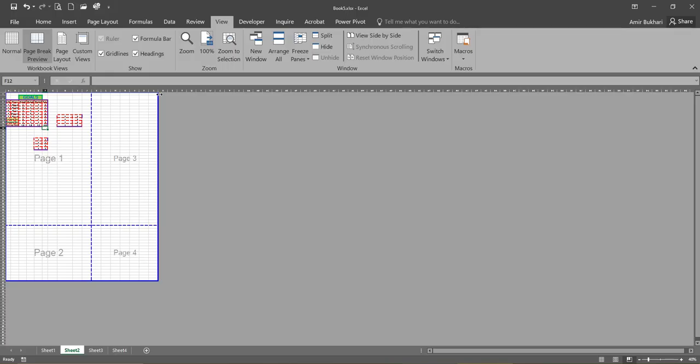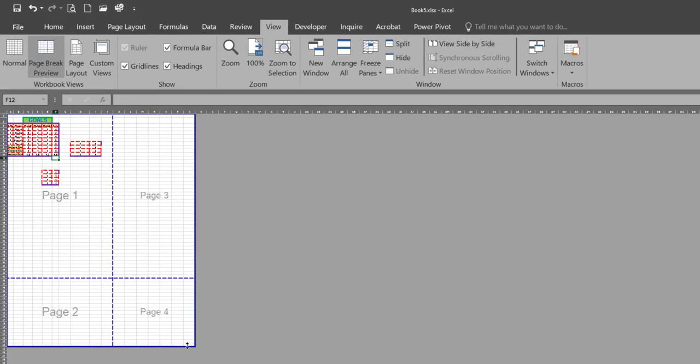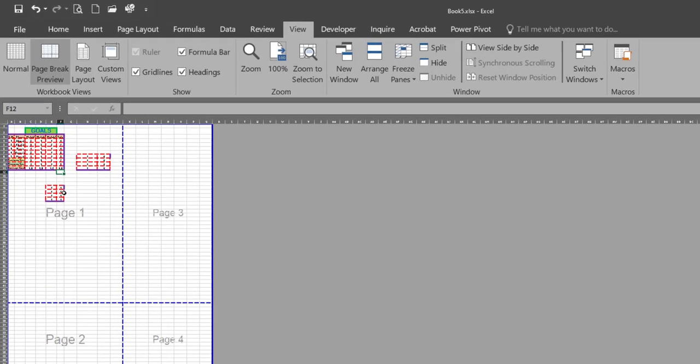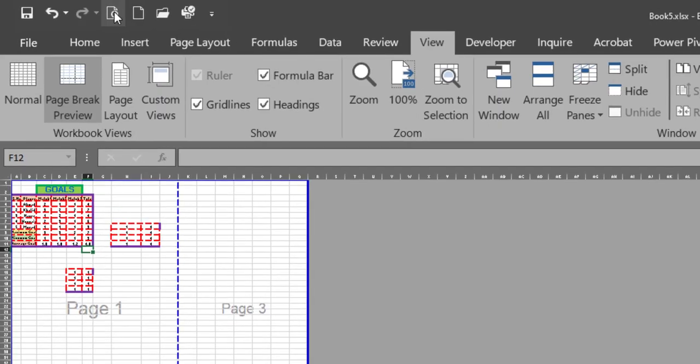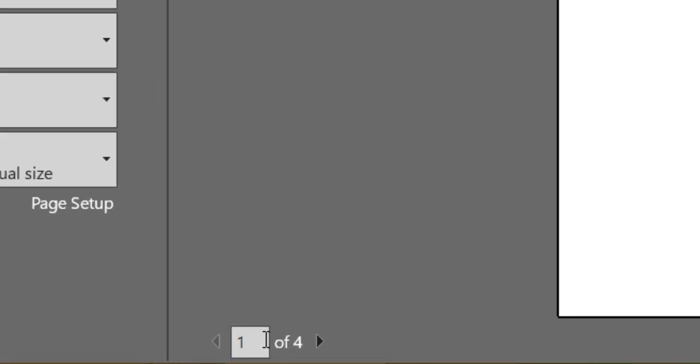Now whatever you see inside these blue lines, the outer one, the thick one, not the dashed one, is all that would be printed. It means if we print this document, we will have 4 pages. 3 of them are completely empty, but one of them has some information. We can check this from the print preview. You can see this is page 1, while here it shows page 1 of 4. The other 3 pages are empty.